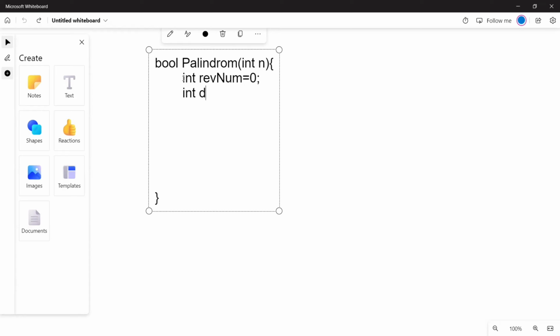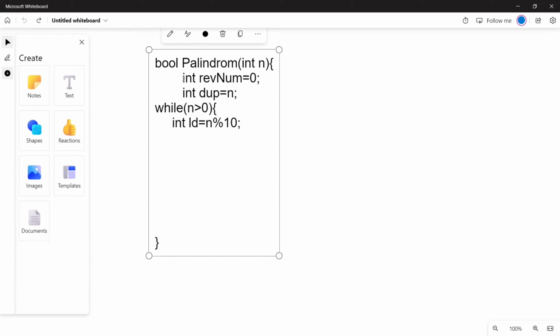Again, we declare another variable for a copy of the original number. After that, we perform a while loop: while n is greater than 0. Firstly, we get the last digit of the number. So last digit equals n modulo 10.